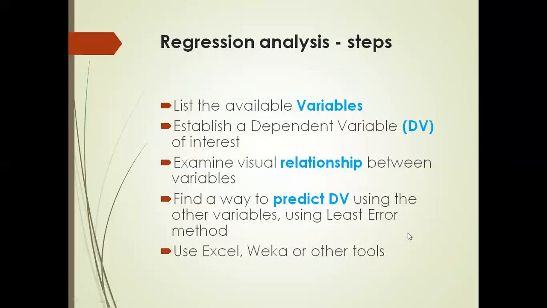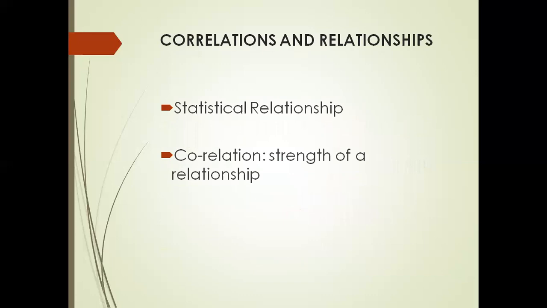Hope you can understand these steps. So move on to correlation and relationship. In correlation, we are going to see statistical relationships. What do we mean by statistical relationship? The statistical relationship is about categorizing the variables that have a relationship with one another and categorizing the variables that are distinct and unrelated to the other variables. So we are going to check the relationship with one another as well as the distinct and unrelated variables in the statistical relationship.